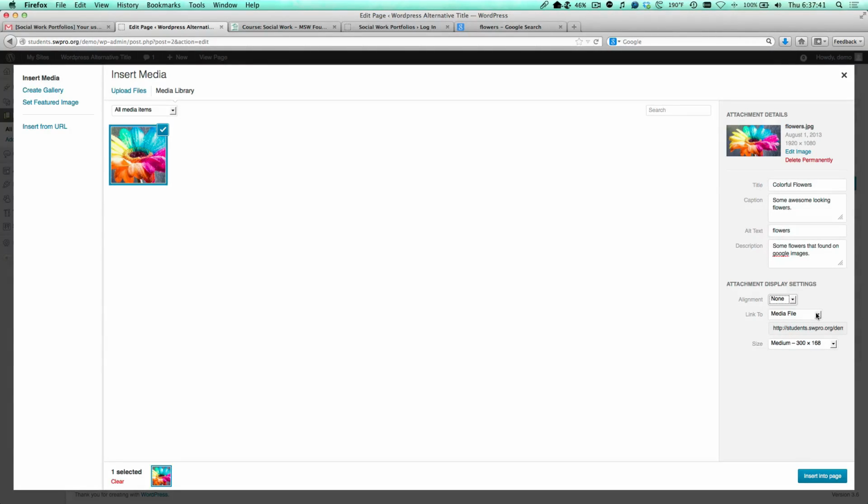We introduced in WordPress 3.5 the option to link to media files. Previously, WordPress was allowing you to just have a link directly to the file. They introduced something called attachments. If you have a bunch of different attachments, you can put them into an attachments page. We haven't found a whole lot of use for that, but that option is available. Fortunately, they have set the default back to media file so that if people click on the image, it will just take them to a larger version of that media file. I'm going to go ahead and put insert into page,